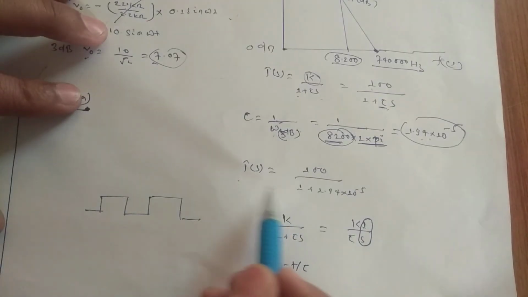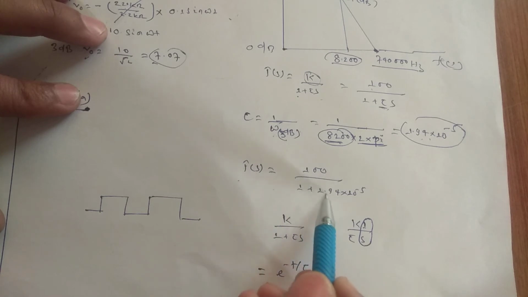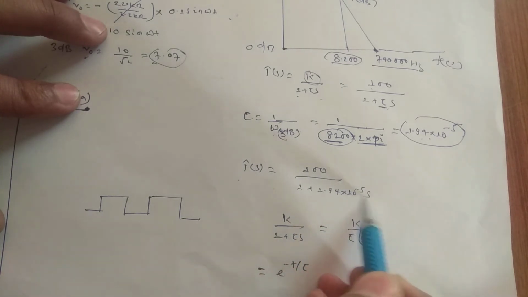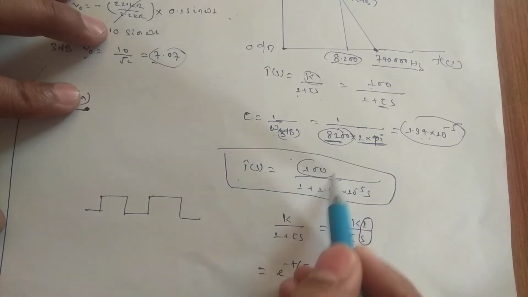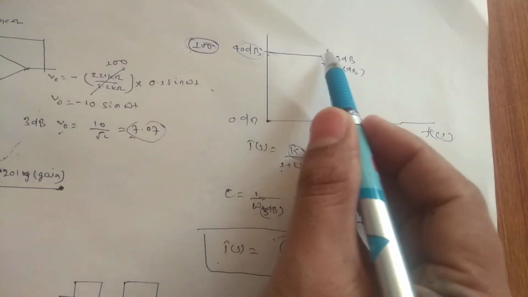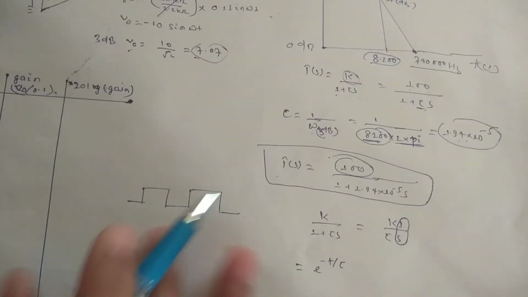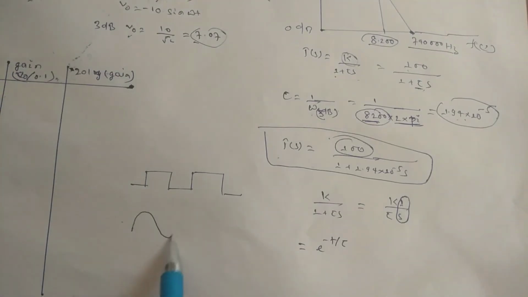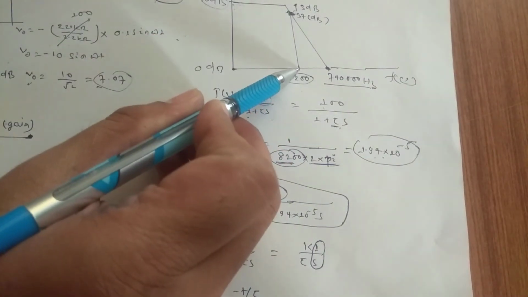So this is your transfer function. Now this is the resultant transfer function, 100 by 1 plus 1.94 into 10 to the power minus 5 s. This is the transfer function of the inverting amplifier with a gain of 100. Below this frequency, it will be passing all the values, meaning whatever signal I apply, a sine, it will pass that value. But after this frequency, after 8200, it will be